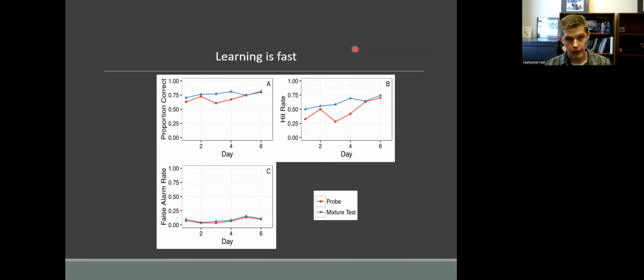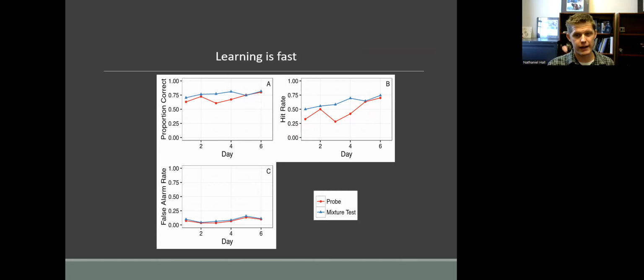But because our actual testing sessions were also training, we were able to look at how quickly the dogs learn it. And we found that within 5 or 6 days of testing, by being tested with different mixtures that included the ammonium nitrate, they very quickly learned to start responding to novel mixtures of ammonium nitrate. So that learning was really, really fast, but it did indicate that the dogs had to have the experience of what that ammonium nitrate smelled like in those mixtures.